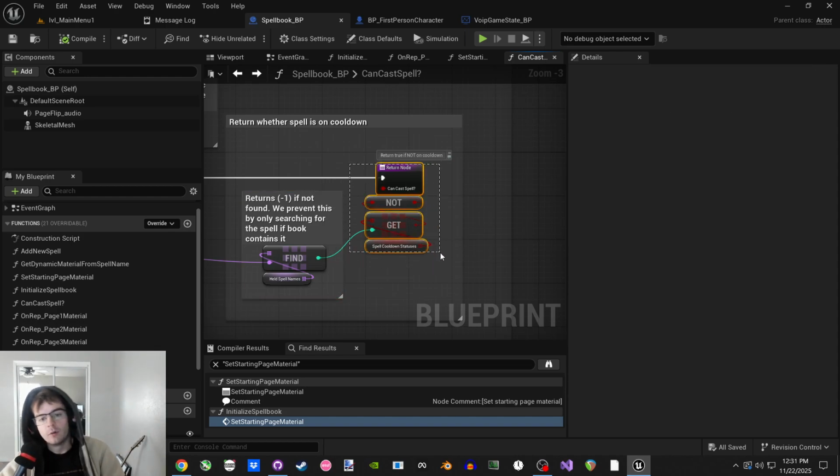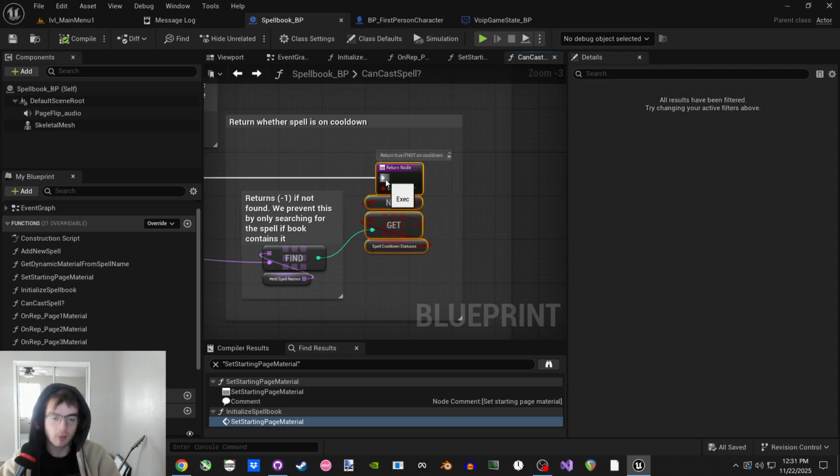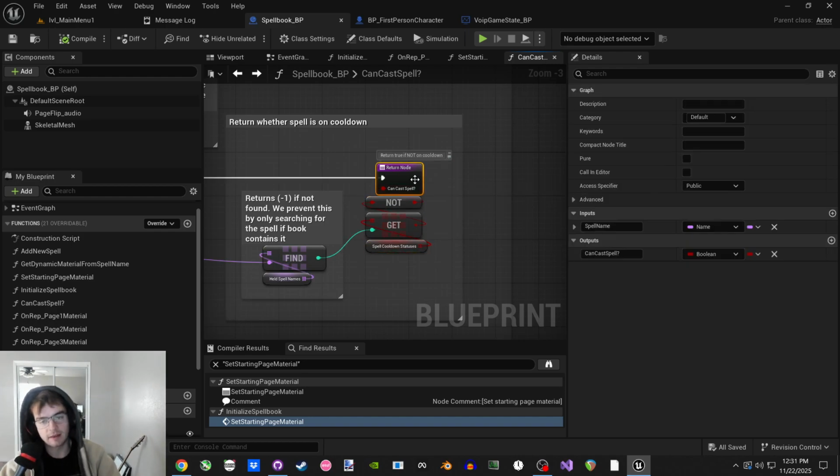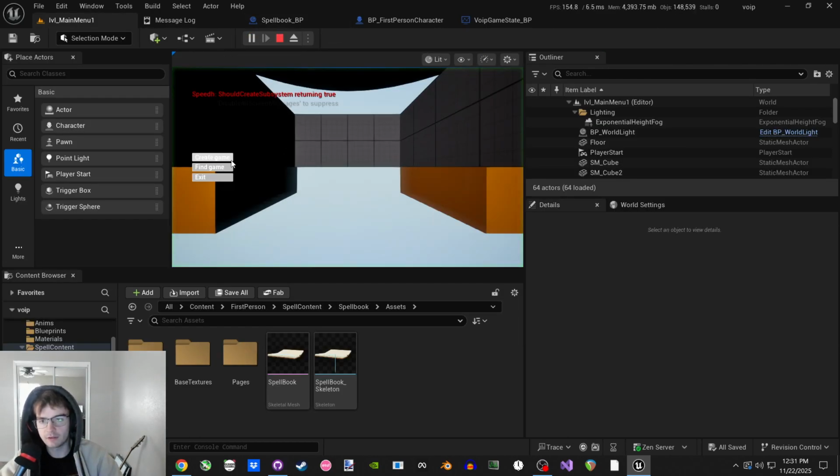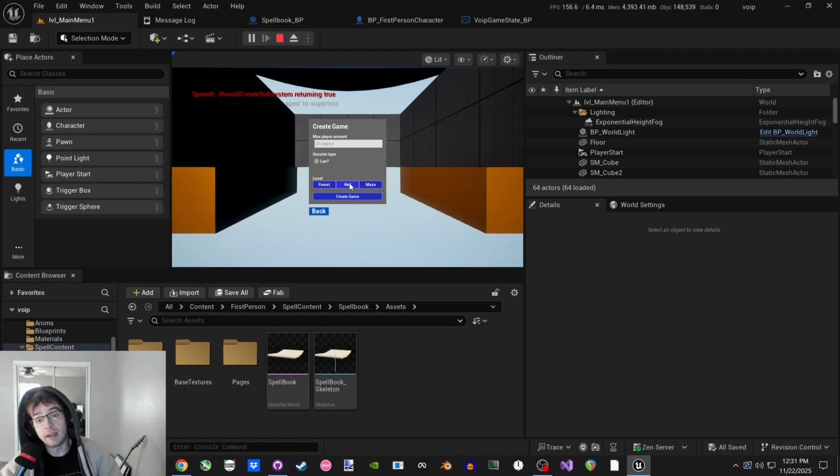And we return whether it is not on cooldown. So if it's false, then we return true. If it's true, it is on cooldown, we return false, because we can't cast a spell that's on cooldown. Cool, that solves that. The other thing is, whenever I was casting spells, and the page of the spell was